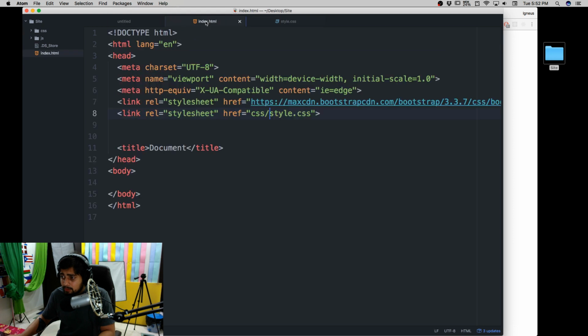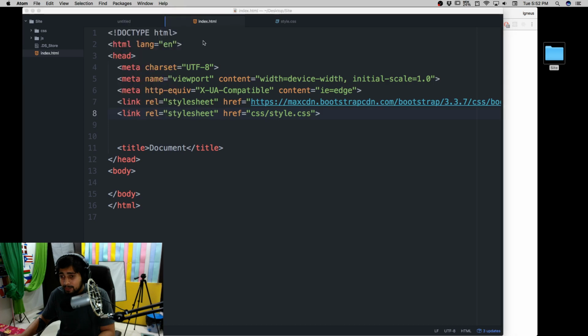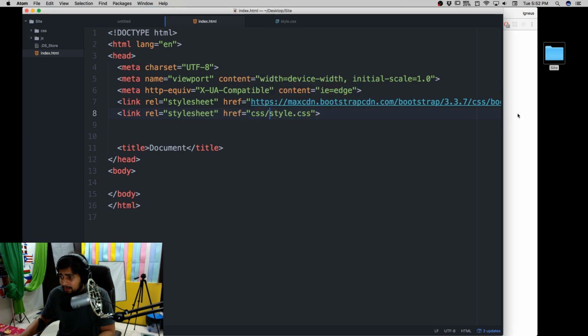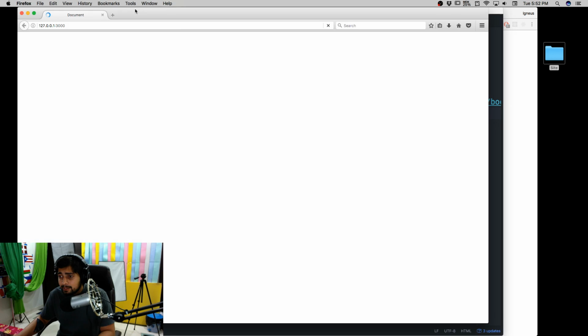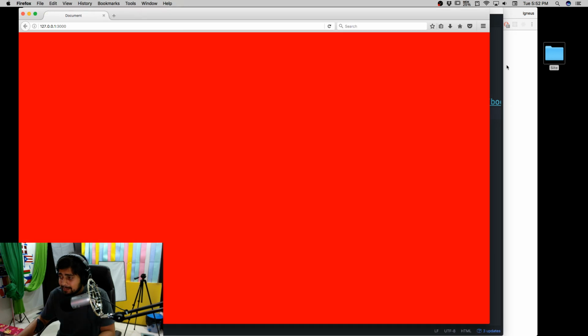So I'll go into the index, and I have installed the Atom live server so that I don't have to reload again. And yes, please allow. Okay, it's taking a few seconds to launch my Firefox. Surprisingly, that's my default browser. I don't know why, but okay, so the red color is there.